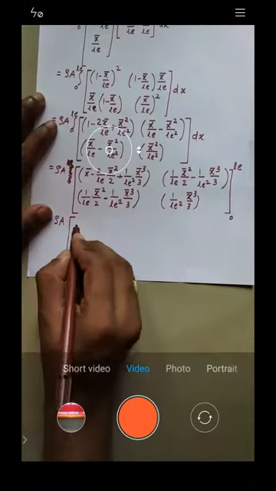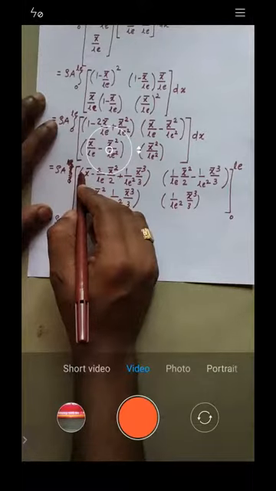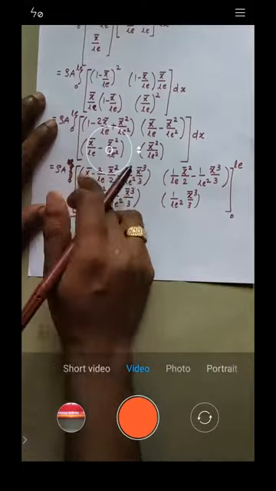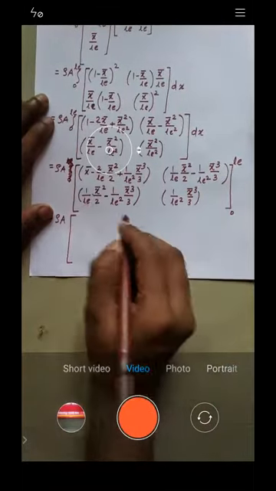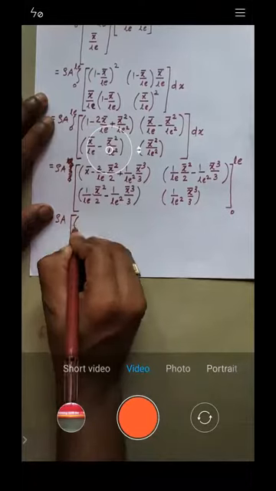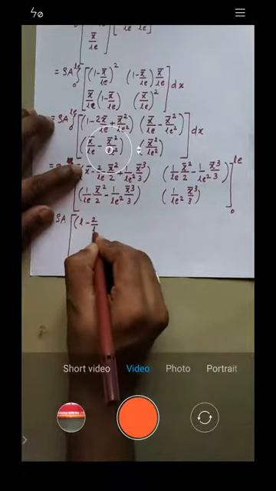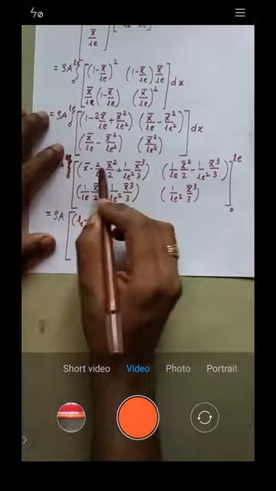Let's put these values. Now we need to put x bar as LE first. Is it okay or not? Just put x bar as LE. So I'll put that value. This is L minus 2 by LE. Otherwise, let's put LE. This is x bar is LE. So LE minus 2 by LE.